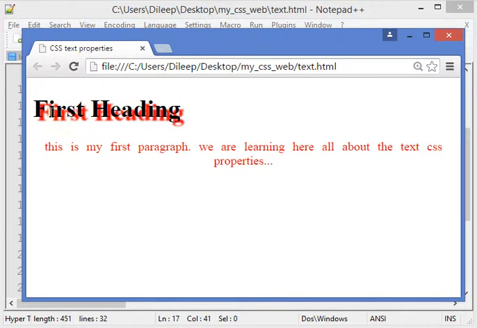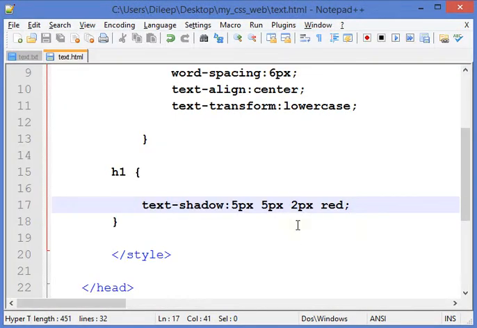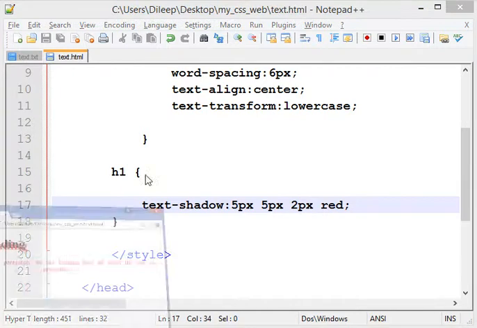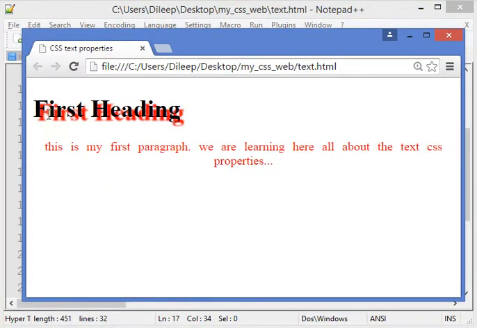You can see this is how the shadow of the heading becomes. Now if you see the shadow, you can read the shadow.